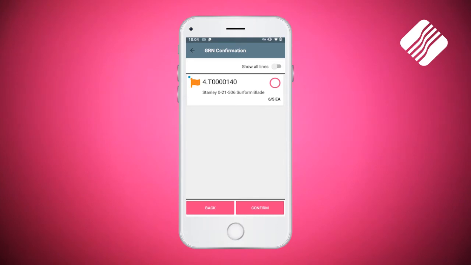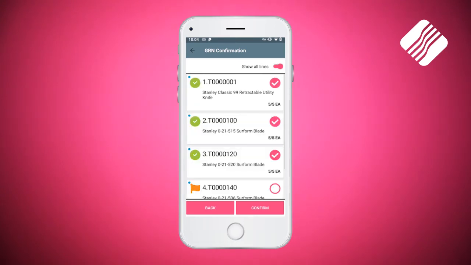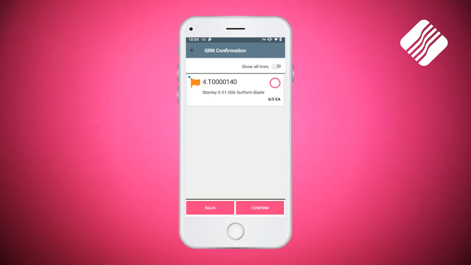We have the ability to show all lines, but you can imagine if this is a purchase order which has got 20, 30, 40 lines on, we only want to see anything that is different from what we're expecting. Now if we want to have a look at everything on there, we can simply tap on show all lines, and you will see all the lines appear, and then we can tap on it again so it disappears and just shows any of the exceptions. So we then click on confirm,